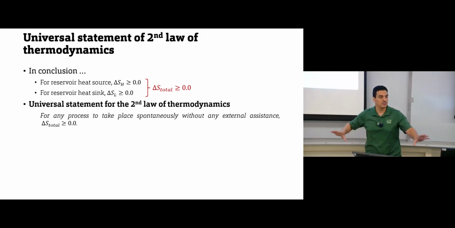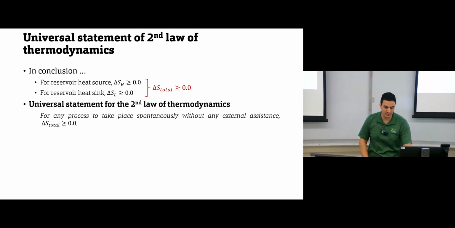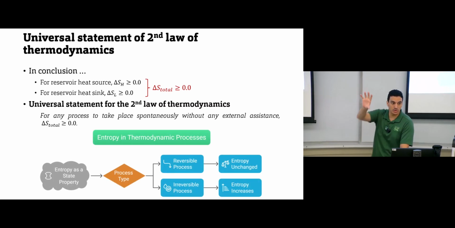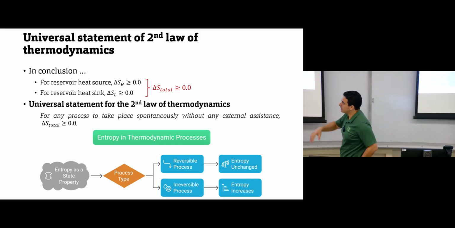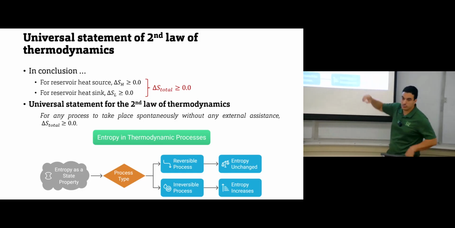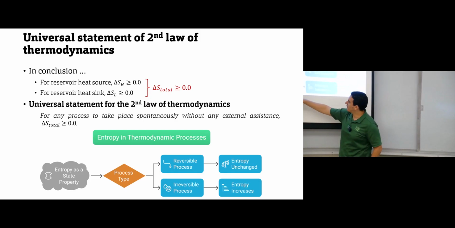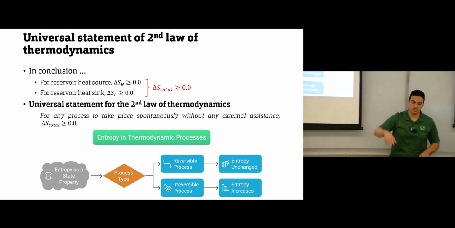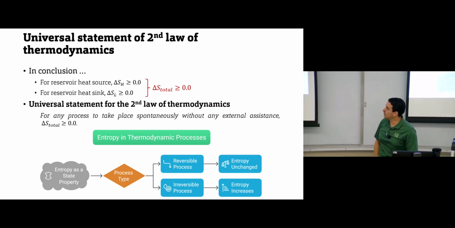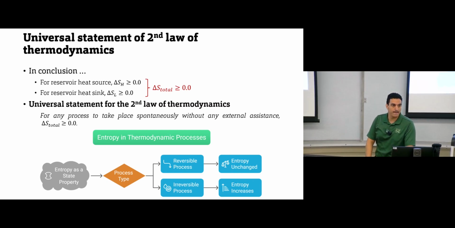On the previous slide, we showed the logic behind why delta S total is greater than or equal to 0, and this is the summary we have. Entropy is a state property, Q over T. The entropy change depends on the process type. If we have a reversible process, the entropy will be unchanged through the process. If you have an irreversible process, you will have an increase in the entropy, and the change will be positive. So far it's clear? This slide is a summary of all the other things. It combines everything that we need to say in this first point. Questions? Clear?